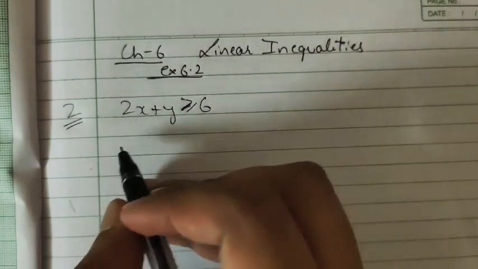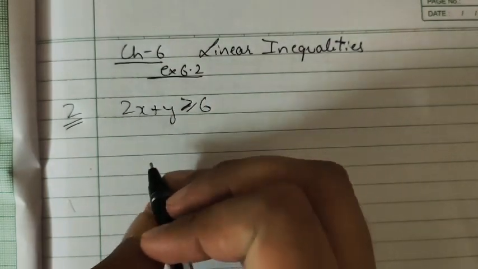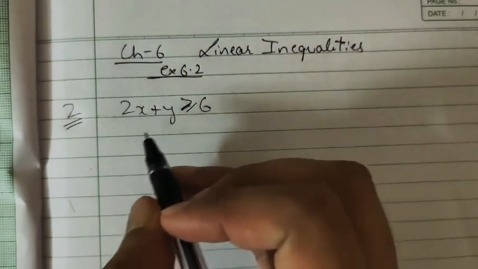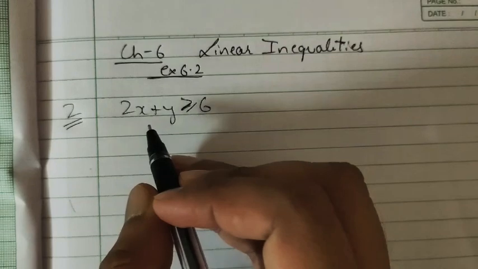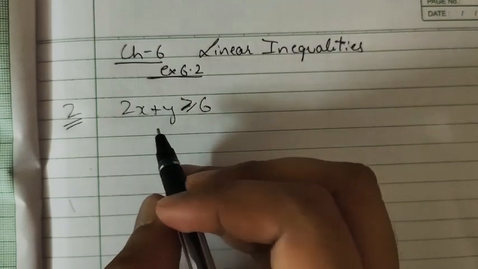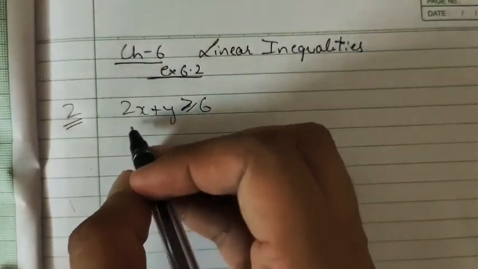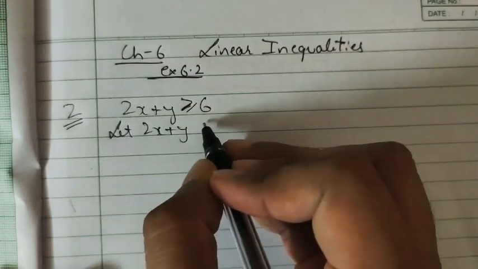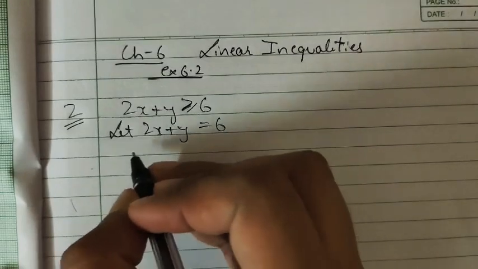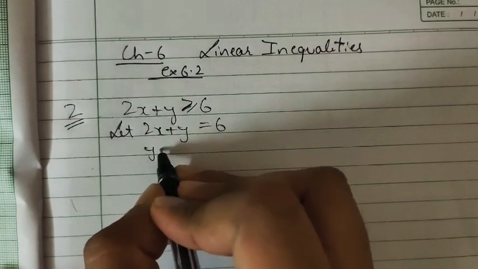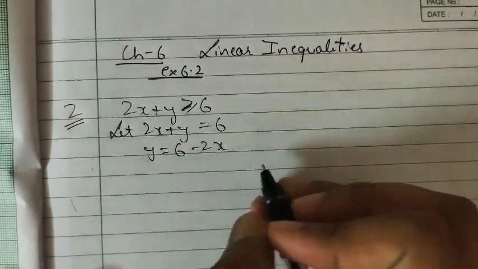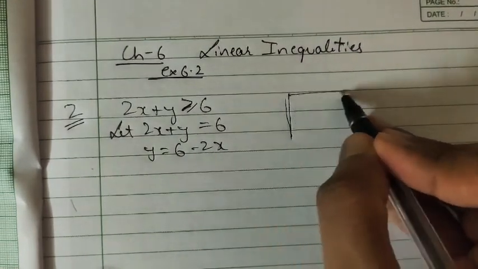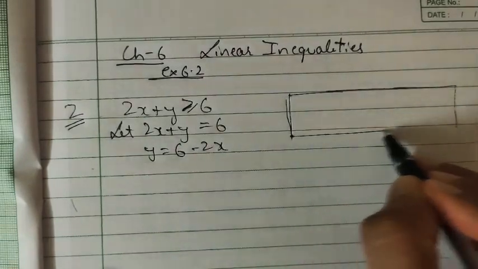So question number second, 2x plus y is greater than or equal to 6. Now simply solve this, find out three pairs of solutions, which we have already done in class 10th also. So let this be 2x plus y is equal to 6, right? So now we can say y is equal to 6 minus 2x. So for every different value of x we'll have a different value of y, right? Let's take three solutions,